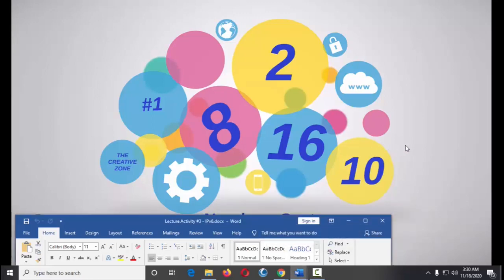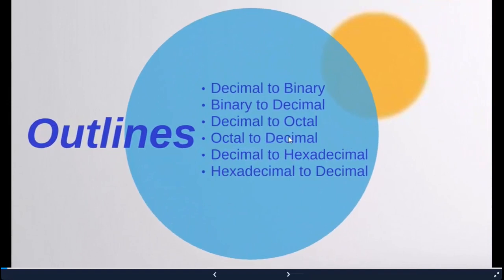Okay, these are the number systems that we as humans use, and most importantly, what our computers use. These are the topics that we're going to talk about: the decimal number system, binary, octal, and hexadecimal. Then decimal to binary, binary to decimal, and so on are the conversion methods that we're going to do. So if you're presented with a decimal number and you need to convert it to binary, you will know